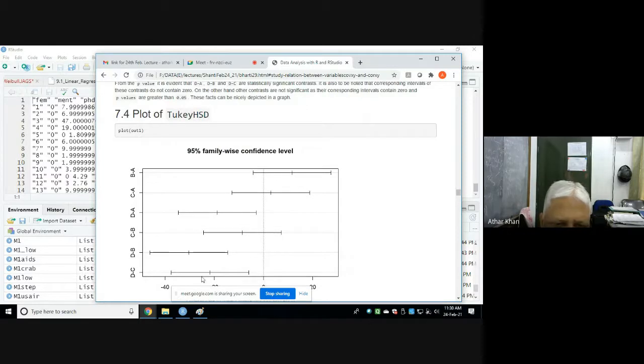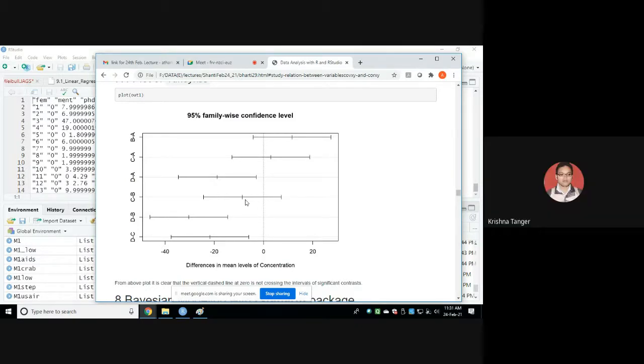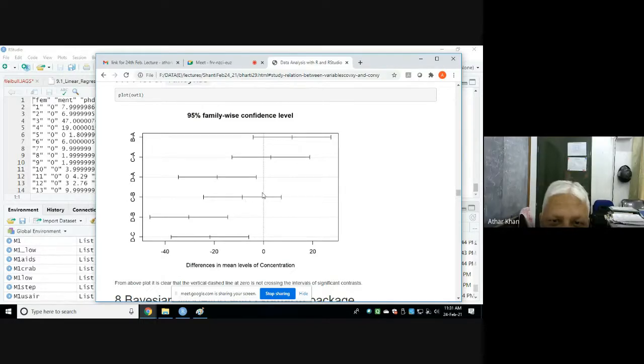See, now which are significant. This is the vertical line of no difference. So if you look at D versus C, it is significant. Negative difference, D versus C, and it is statistically significant because it is not being crossed by the vertical line. D versus B is significant. What about C versus B? Is it significant or not? Tell me. C versus B. Sir, it is not significant, because it is being crossed by the vertical line at 0.